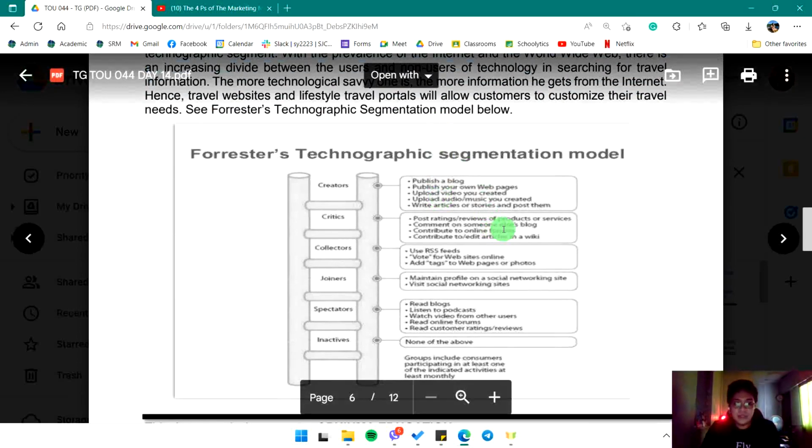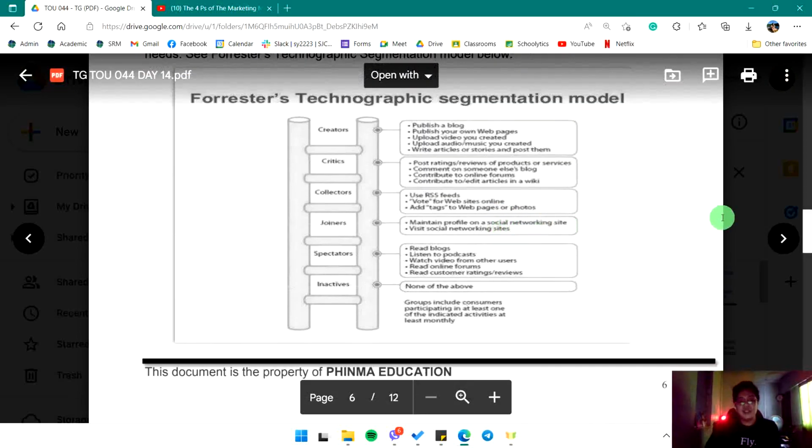So, pagdating sa technographic segmentation, dito po, inaalam natin kung anong klaseng audience nga ba ang na-engage natin sa social media or na-engage natin sa internet online. Are the people